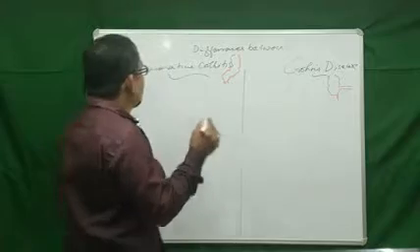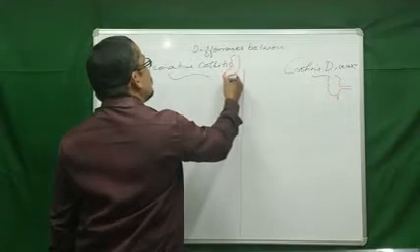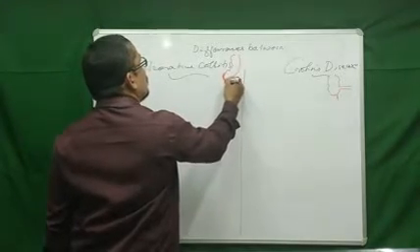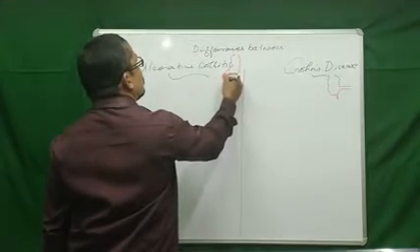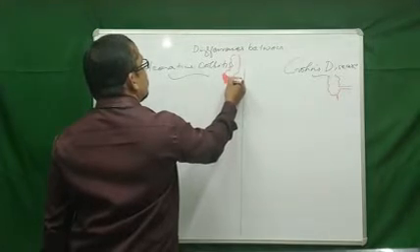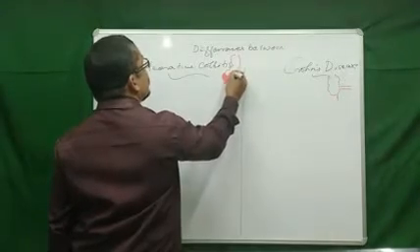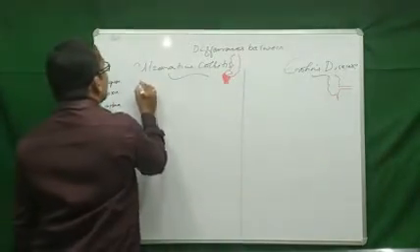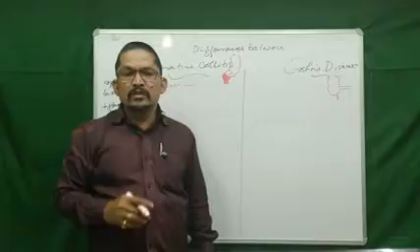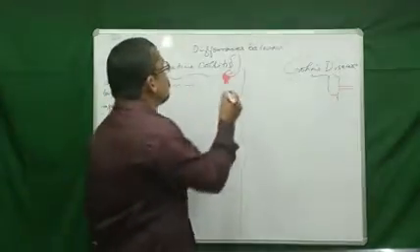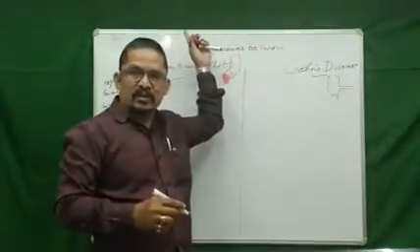Let us see. Number one, the area of affection, that means the region of the colon. In ulcerative colitis, usually the inflammation starts from the rectum and spreads proximally to the sigmoid colon, or to the left-sided colon, or to the transverse colon, or something like that.